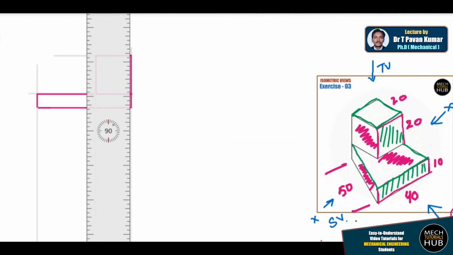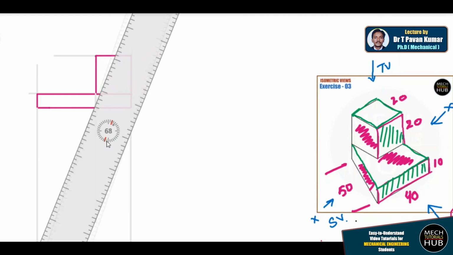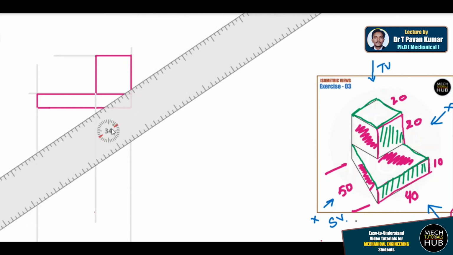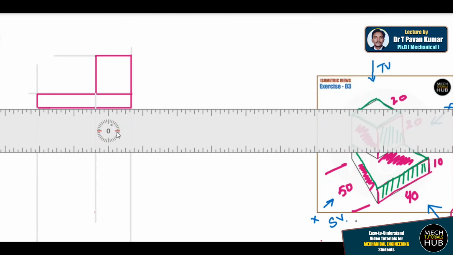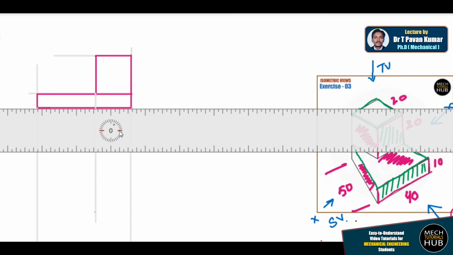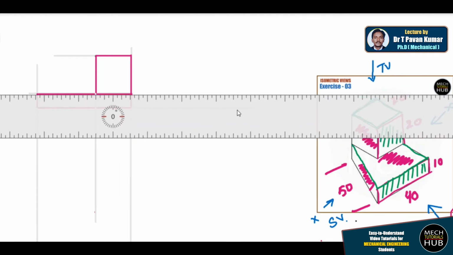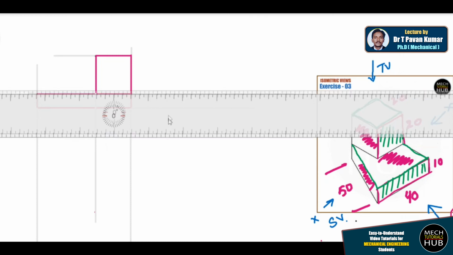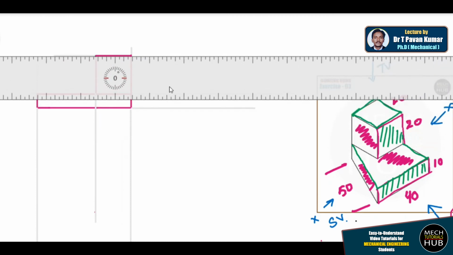Similarly, rotate the scale and draw the extensions for the side view also. At the bottom or the base, one line, move your scale or the drafter to the next height or intersection, next line, any infinite distance. Construction lines can be drawn something like this. Alright, till here it is fine.